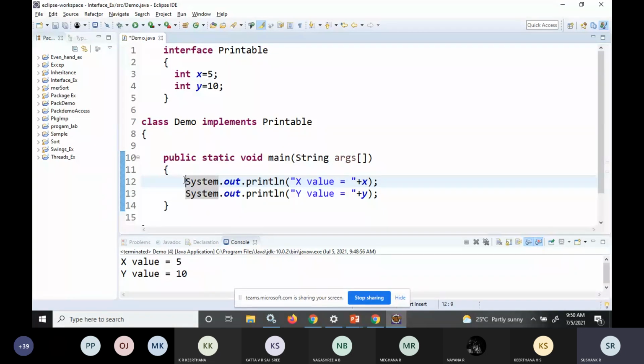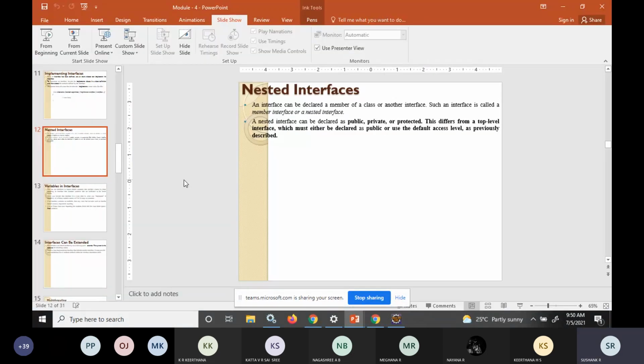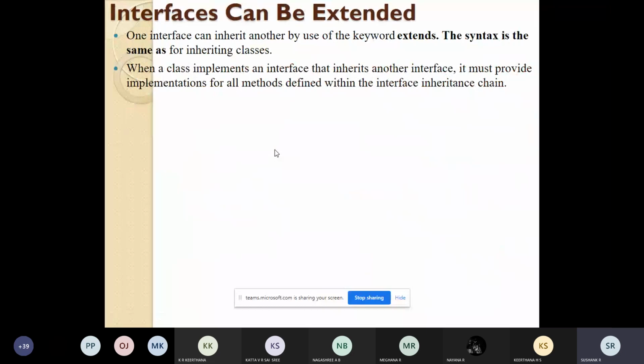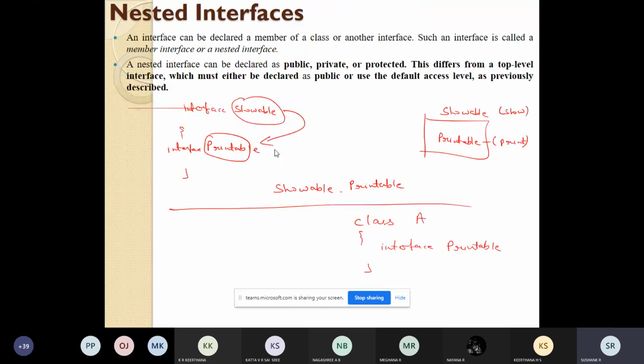We have learned three concepts today regarding interfaces. The first one which we studied was that interfaces can be extended, where we used two interfaces, interface A and interface B, then created an extends relationship between the two interfaces, and after that we used a class to implement the details. The second one is nested interface. An interface can be used within a class or within another interface.